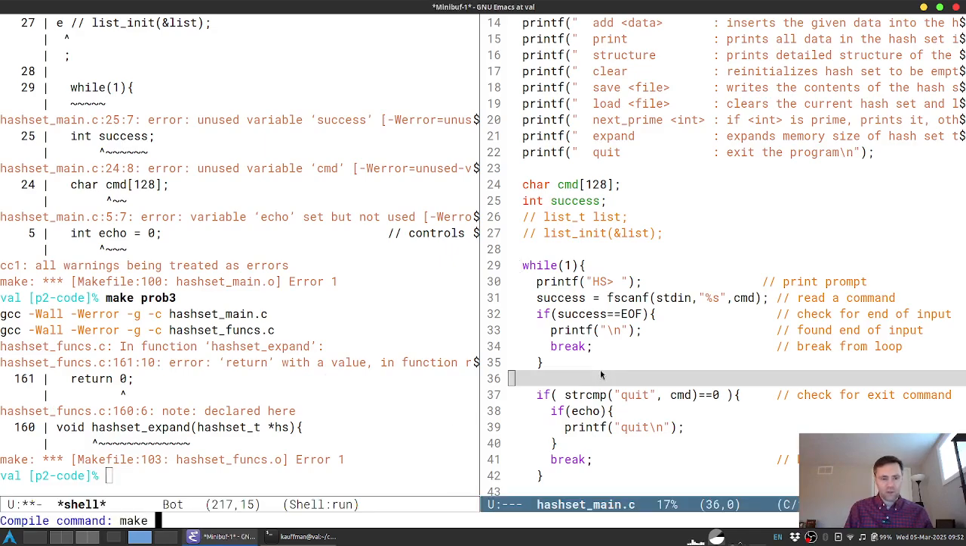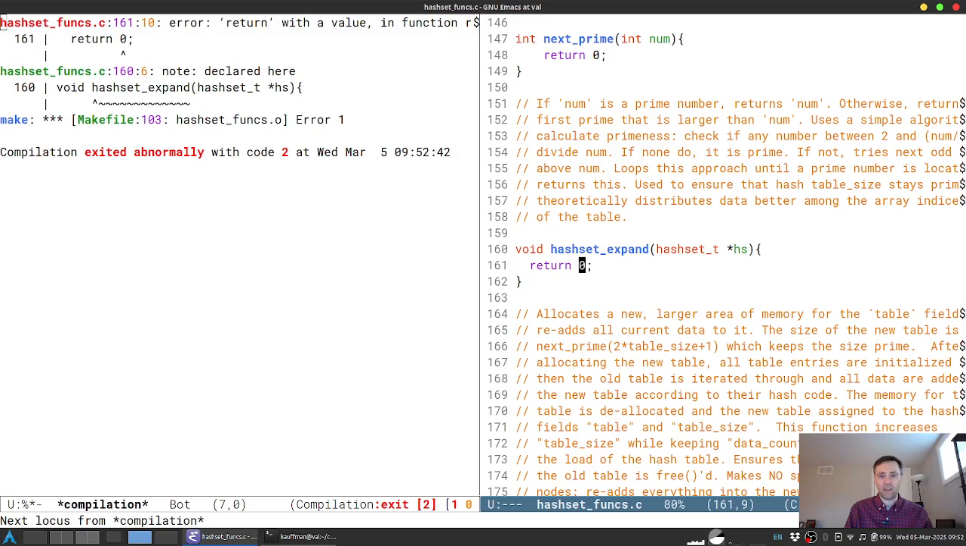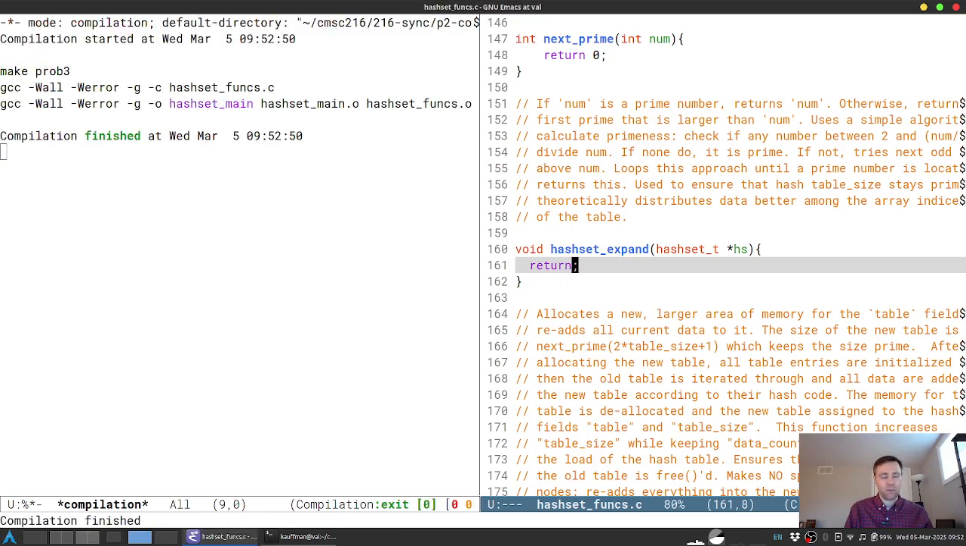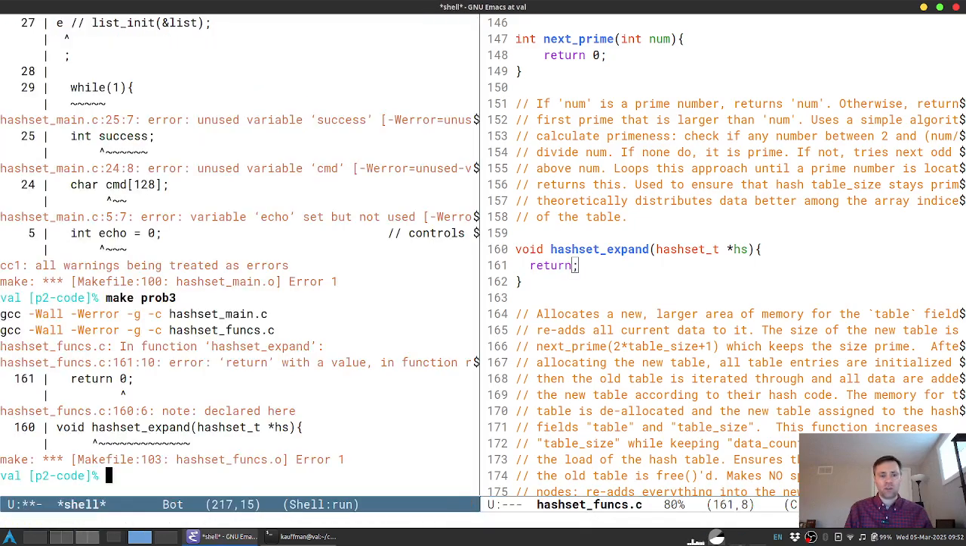I'm actually going to do this in Emacs because I don't feel like navigating here. So yeah, it's a void, so I need to return 0 there. And then that might be it. So I'll make my problem 3, and there we go. Good. Okay, cool. So with that, I should have then a hash set main